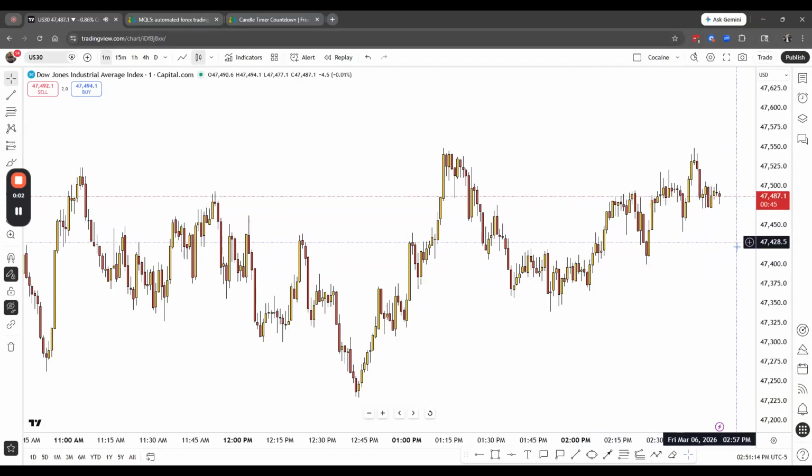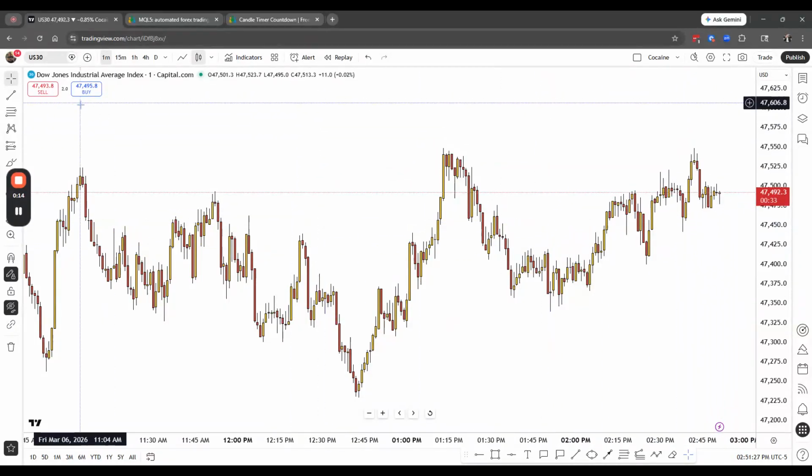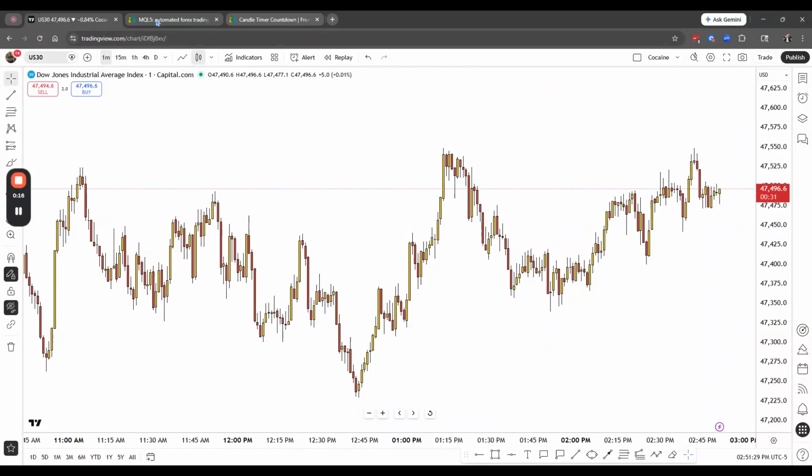Okay, so if we look right here to the right side of the screen, we can see that there's a countdown for the actual candle close. So in this video, I'm going to show you step by step how to do the same exact thing on MT5. Now, the first thing you want to do is when you go to MT5, you want to go to